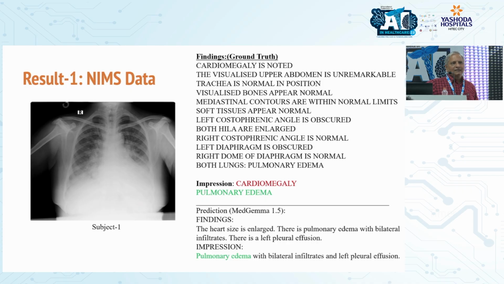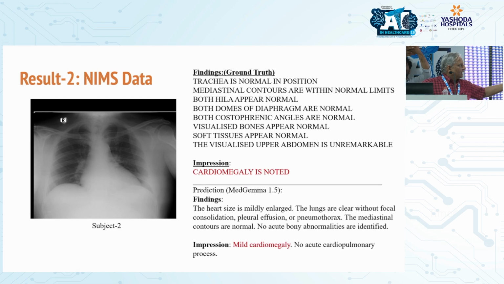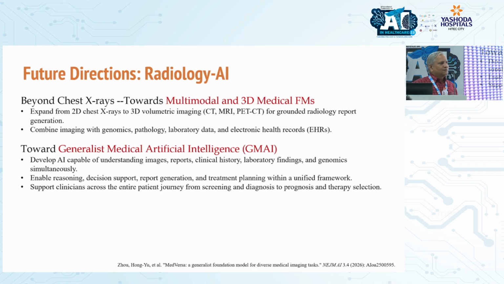So we see that MedGemma, of the tools that are available, is the best tool, but it still has so many misreadings possible. Right? The cardiomegaly is noted by the clinician. It's a mild cardiomegaly is what the report finding from MedGemma. So these are a couple of examples, and of course within the next 2-3 months, as the data set increases, we'll have sharper results. So final slide.